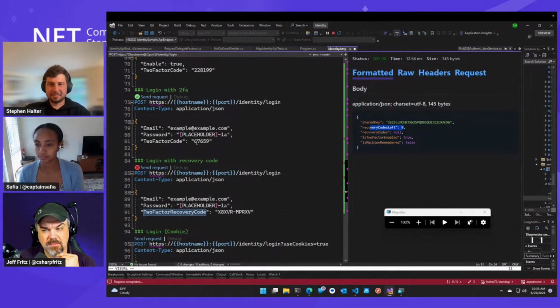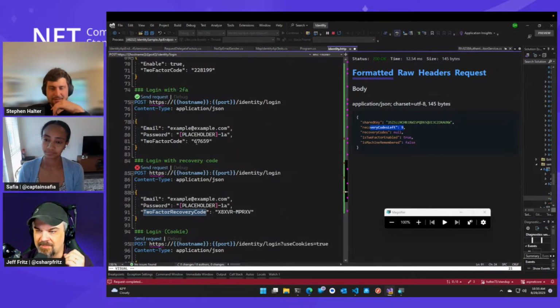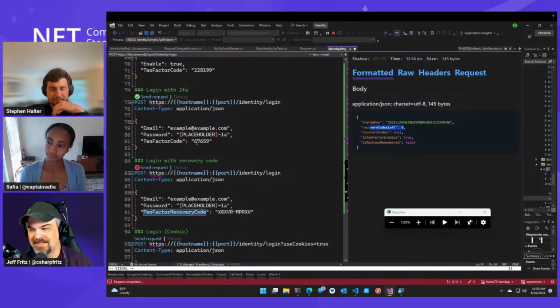So yeah, there's a ton of questions that have come in. Do you want to take a minute or two here, Stefan, and take a look? Absolutely, yeah, for sure. So lots of folks are very interested in how this is going to integrate with their existing applications. Jimmy Scott on YouTube asks, with respect to .NET Identity and authentication, is it suitable for multi-tenant applications? Or do you think that Duende or OpenIddict are better options?